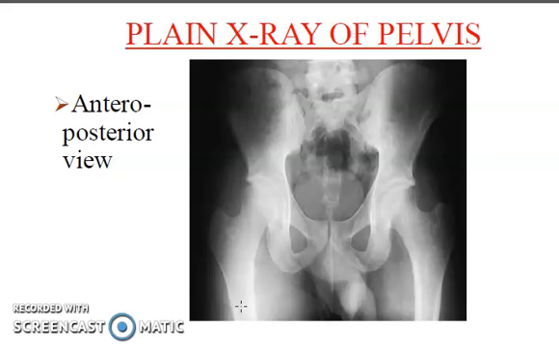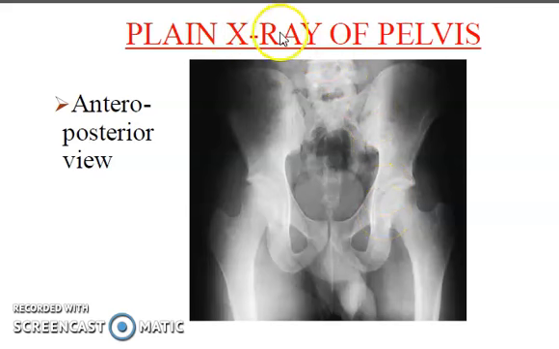Now, suppose this is a radiograph which is given to you in your exams. We have to look for whether it is a plain radiograph or contrast. As no contrast agent is seen, it is a plain radiograph. Okay, so plain radiograph, but I've told you that the second point you have to write about is the region. So here we can see the pelvic region. So that's why this is a plain radiograph of pelvis region.